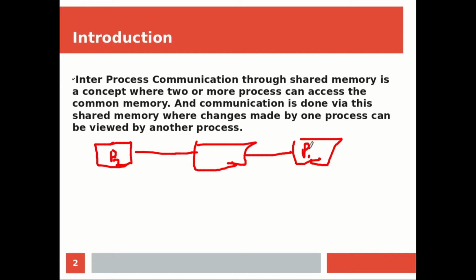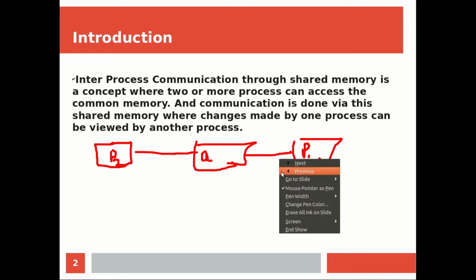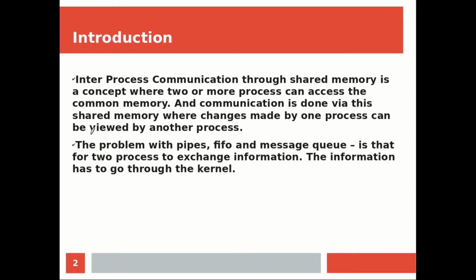One of the processes, for example P1, will write data, let us say it has written data as A. Then P2 will try to read data from this common memory because it is accessible to both the processes. Whatever message P1 wants to communicate to P2, it will write in this common memory and P2 will read it. Or if P2 wants to communicate some message to P1, it will write it into the memory and P1 will read it. Like this, the two processes communicate with each other.